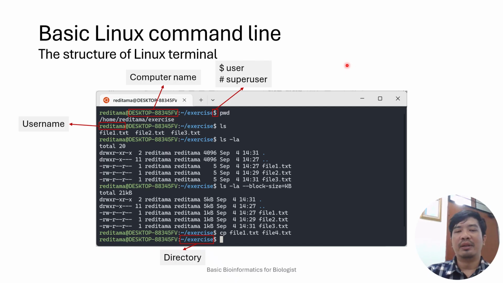And it's very different. Okay, we can call this part the environment. So you know where you are, you know who you are, and you know your status. And then we move on. This is basically a command. This is basically a software you run. So to run the software on your Linux, you need to type the name of the software.